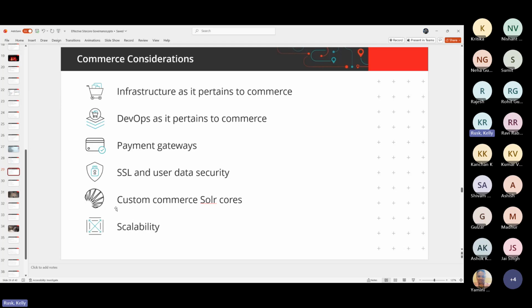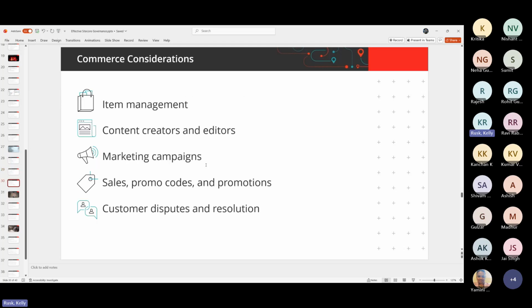This hits me every single day. I come across things where I deal with marketing campaigns. We have sales and promo codes that come up all the time on our website. So I know these things exist. I'm going to be affected by these. So how about we just take a few minutes and document and communicate what we do about these scenarios?